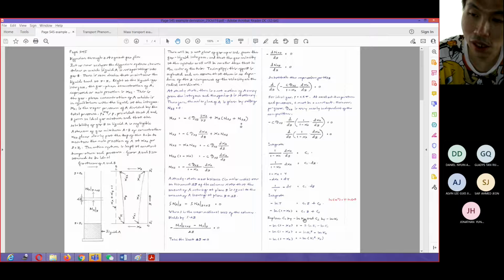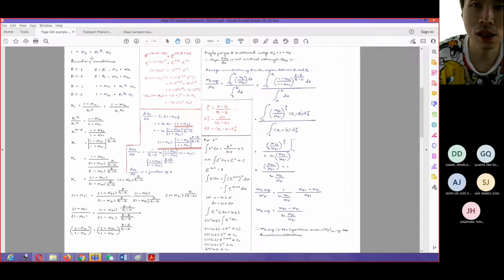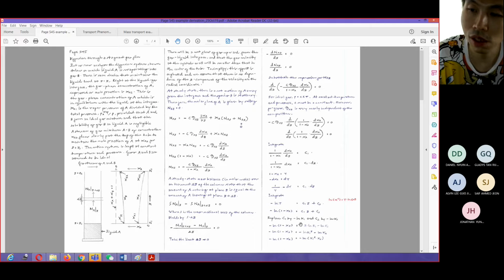If I do that kind of thing, and by using all the operations of the natural logarithm, I can find that 1 minus xA is equal to K1 to the power z multiplied by K2. Then you will ask me, sir, is that the only way that you need to do these things? Should I equalize minus ln K? How can I know that C1 will be equal to minus ln K1?